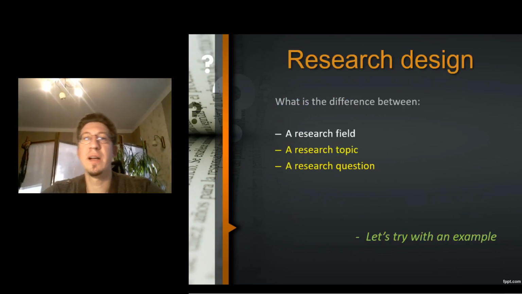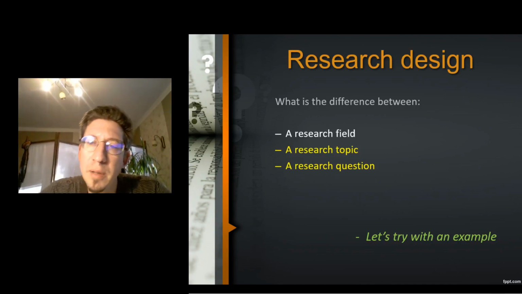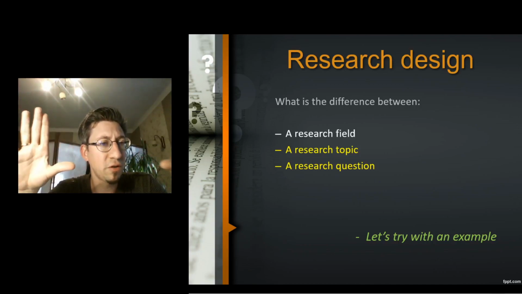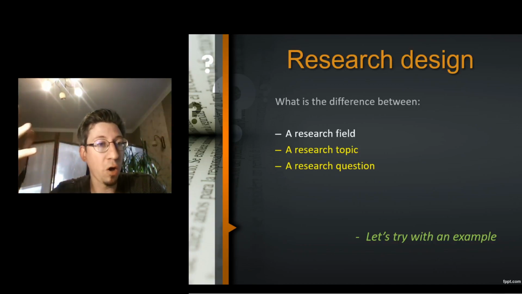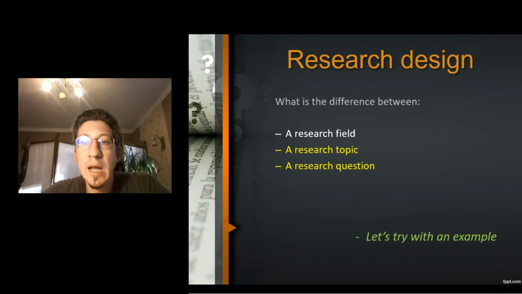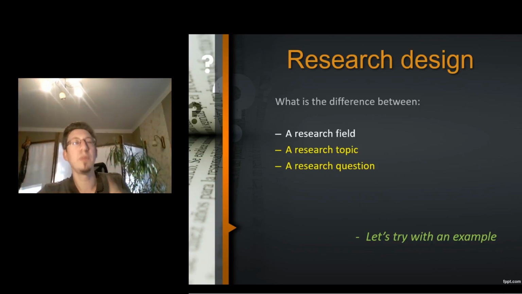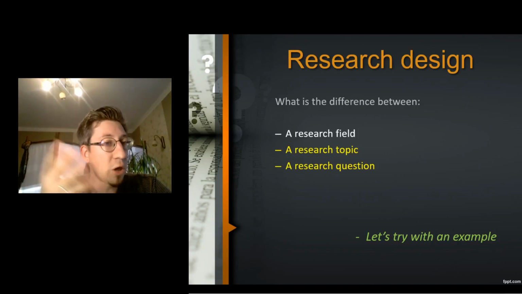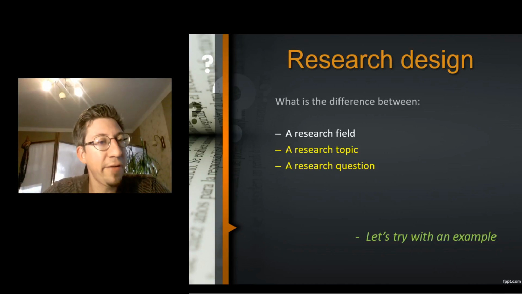Then research design. And this is something I will probably talk about more elsewhere. So we talked about defining your discipline, the research objects of your discipline, like the basic unit that you analyze. Then we have a research topic, and then we have a research question. And mostly when I interact with my students and they have to come up with a research topic and research question,